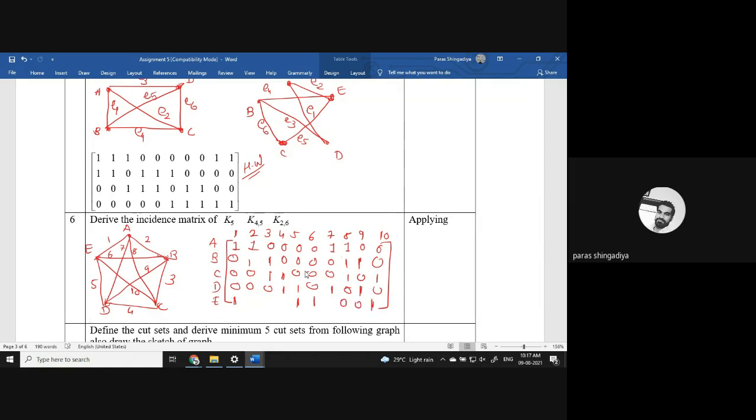So after this you have to verify this matrix also. And how can we verify this matrix? Each and every column should have 1 exactly 2 times. ठीक है, सभी कॉलम में 1 की एंट्री 2 बार ही होनी चाहिए. If there is only 1 time, or 3 times, 4 times, then it is wrong. Okay. So you have to verify in this way also. Okay, whether this matrix is correct or not. Each and every column should have 1 exactly 2 times.